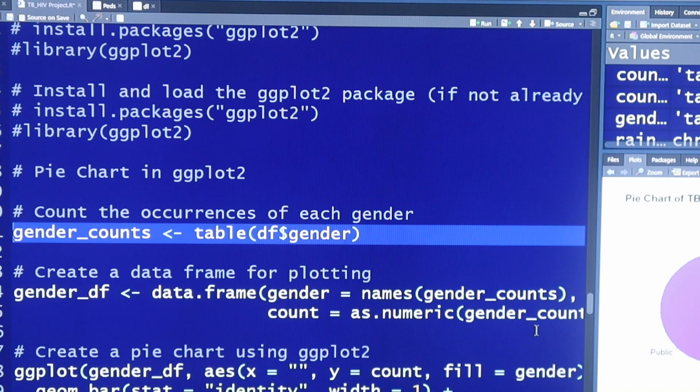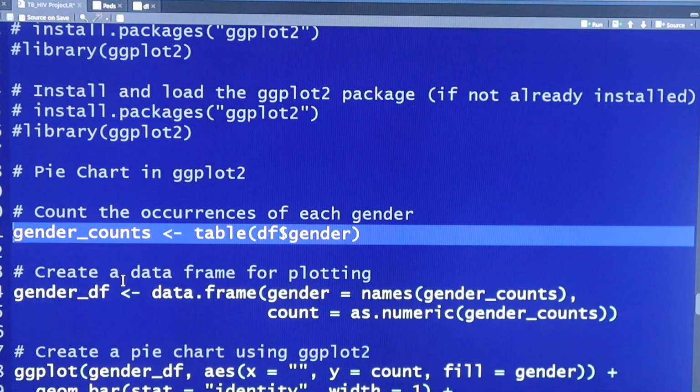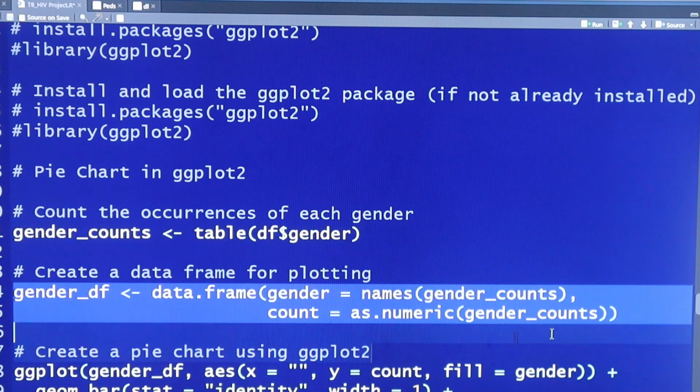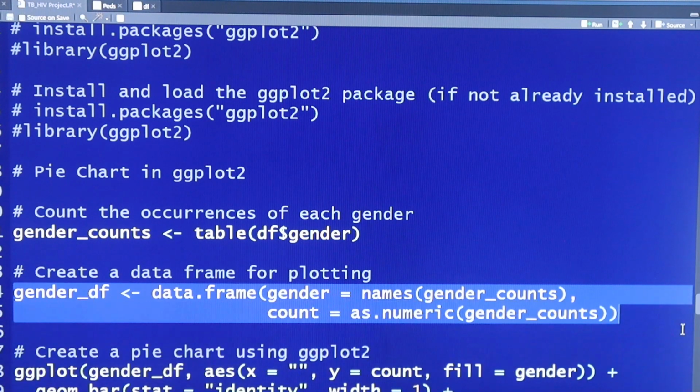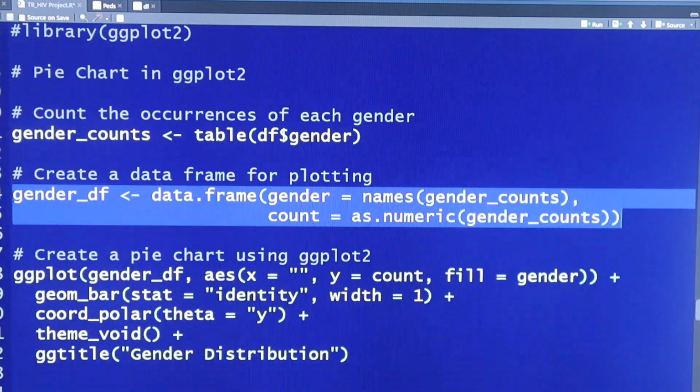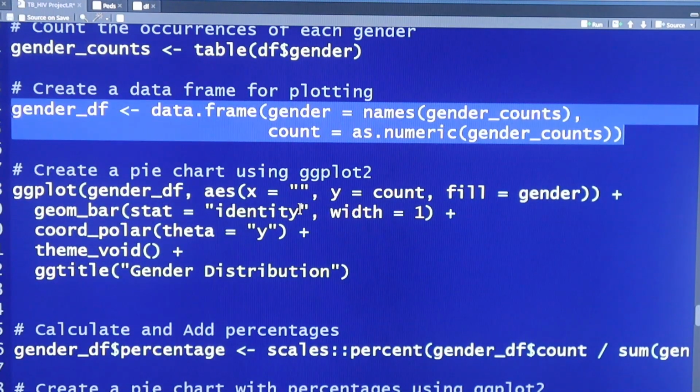Then I come here and now I want to change it to a data frame. So we are creating a data frame for this. So here I'll come and execute it. So I've created a data frame because we are going to use this data frame, gender_df, to create the pie chart. Once you've created, now you come ggplot, gender_df, x equals to blank, then y